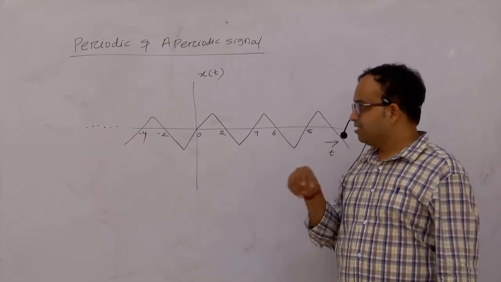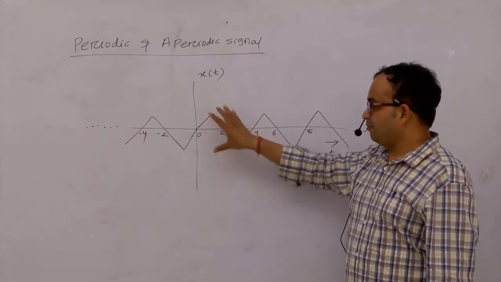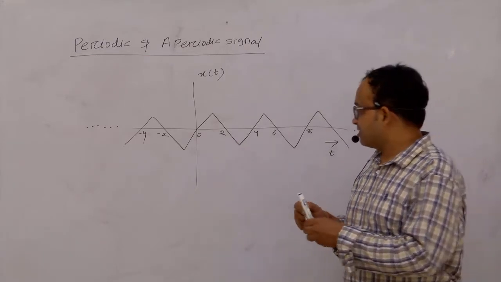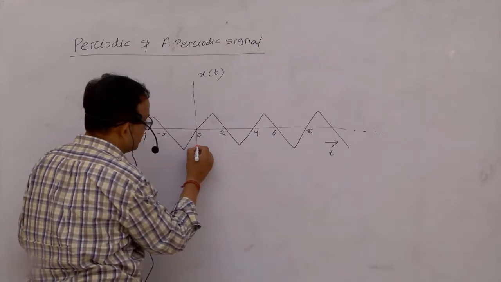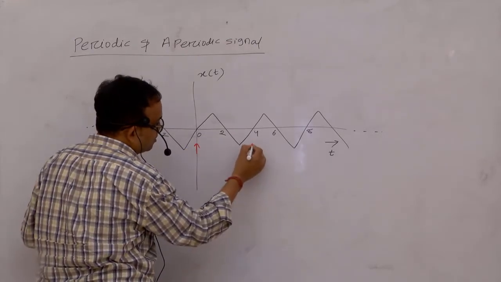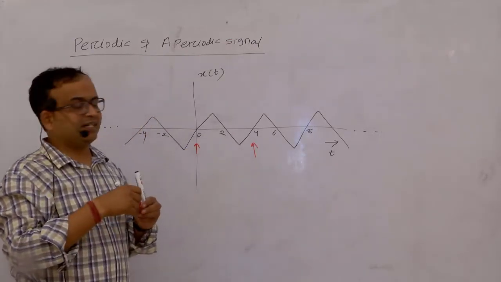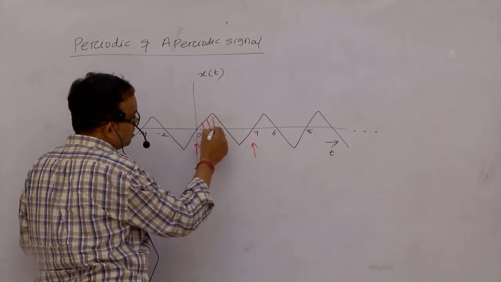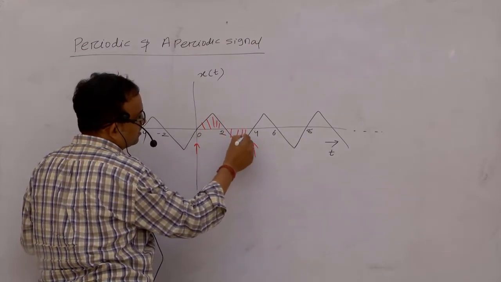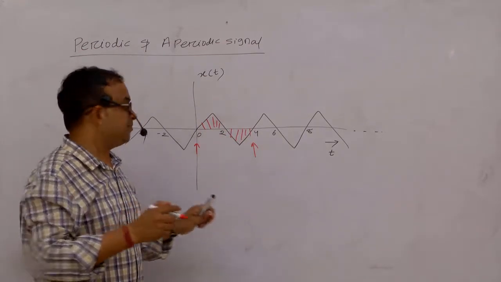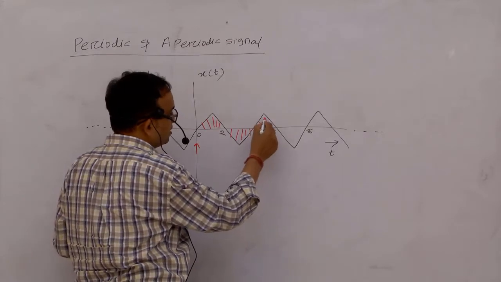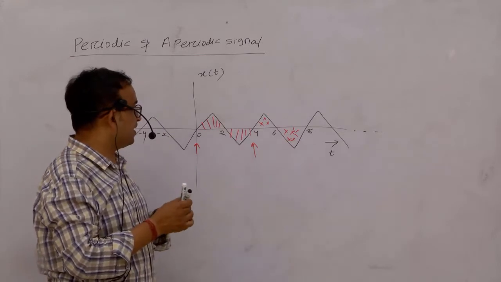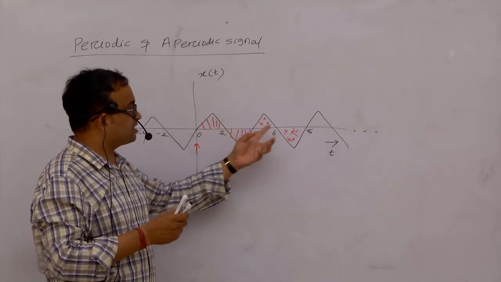Now if we look carefully at the signal, what can we find? I am taking this as my starting position, and this is another position. See 0 to 4, how does the signal look? There is one positive and another negative part. After 4, again we find one positive component and another negative component. So after 4 units the signal is again repeating.